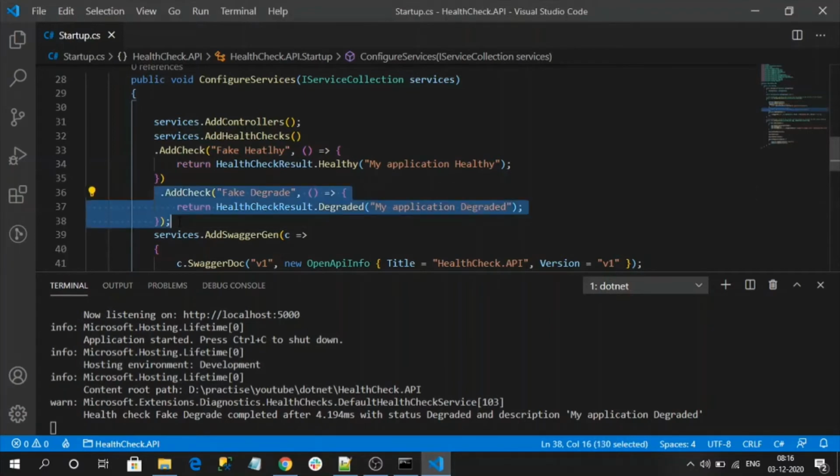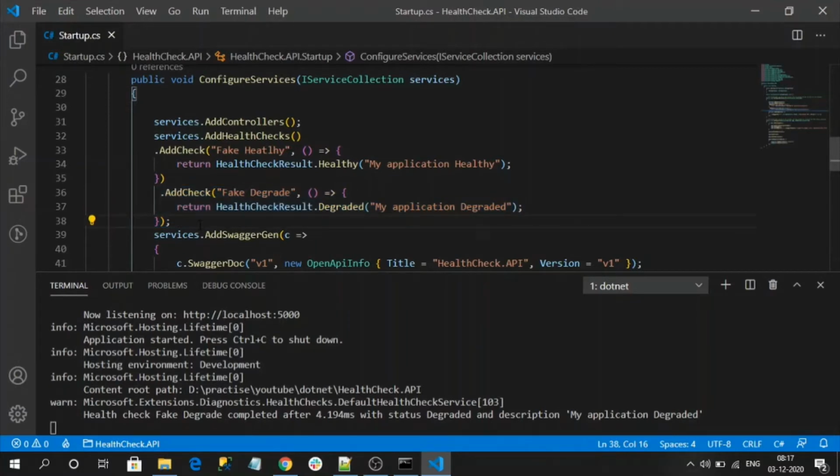That is because the endpoint by default always returns the overall status of the application. Suppose we have n number of health checks, in that if at all one health check is degraded, the entire report is generated as degraded. So degraded is not so vulnerable, but there is a piece of code that needs to be fixed, but it is not high priority.